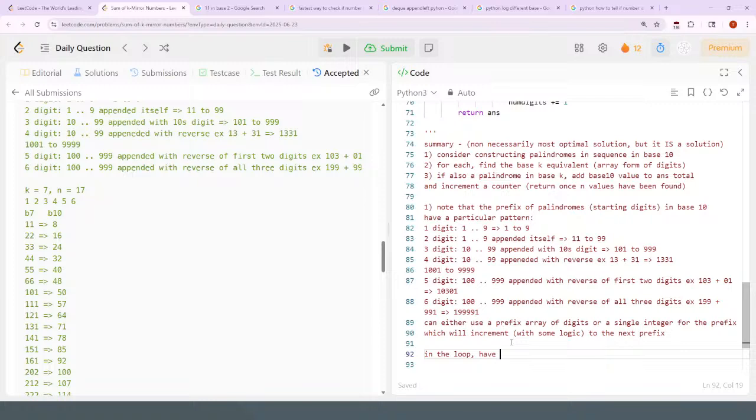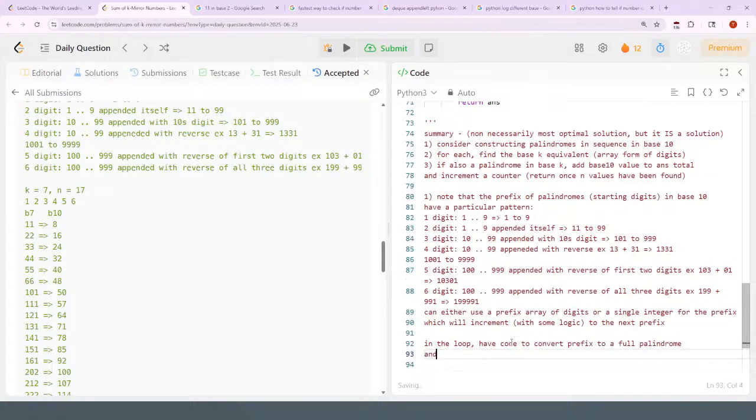Have code to convert the prefix to a full palindrome, and